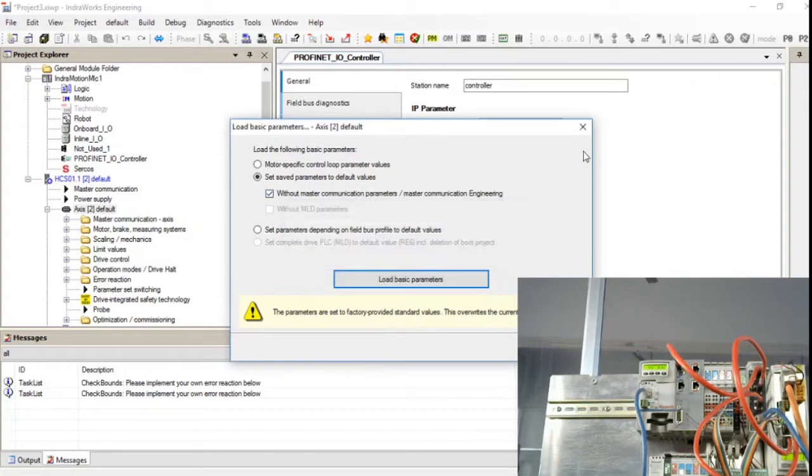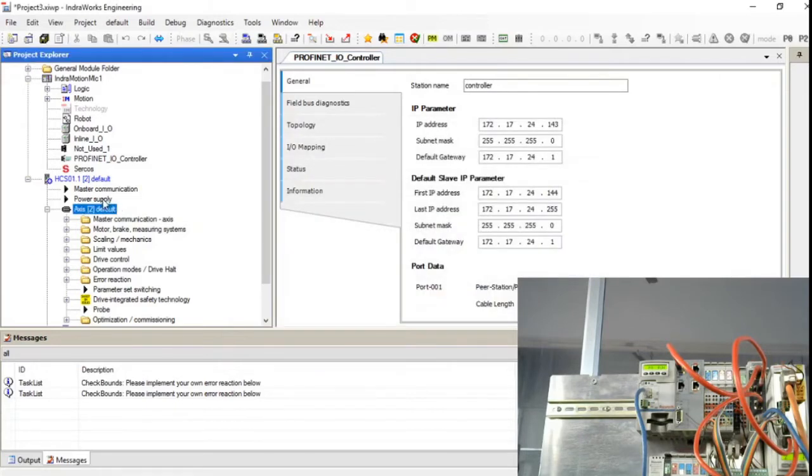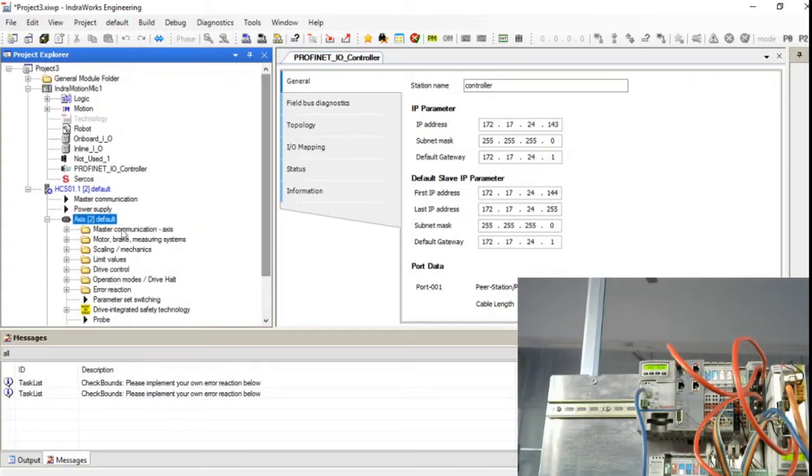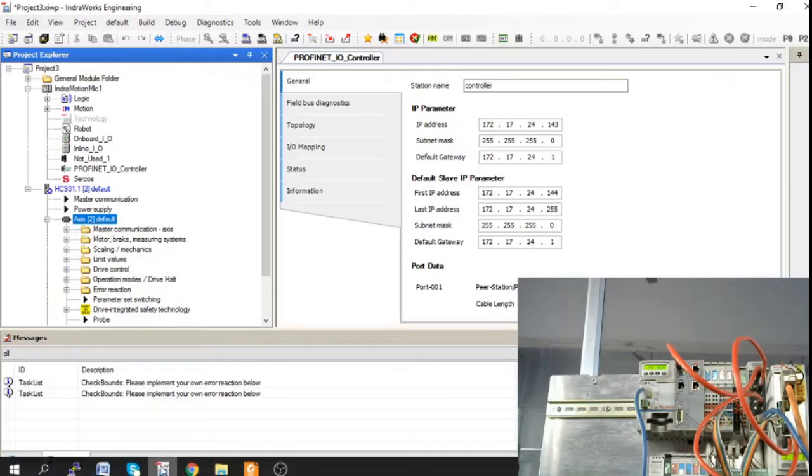Okay, then I'll do one thing. This one is connected, because from the earlier project some drive is in a halt condition.